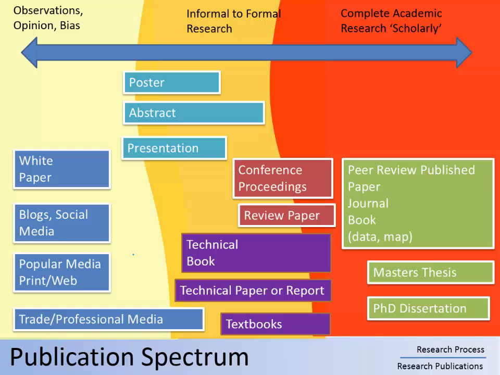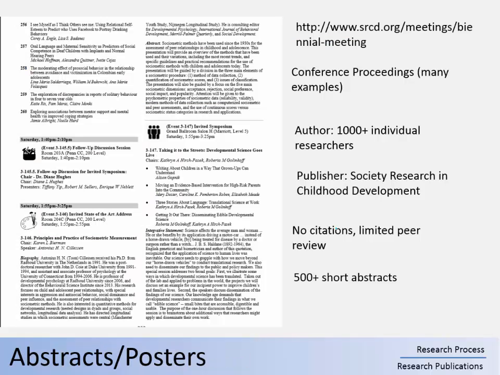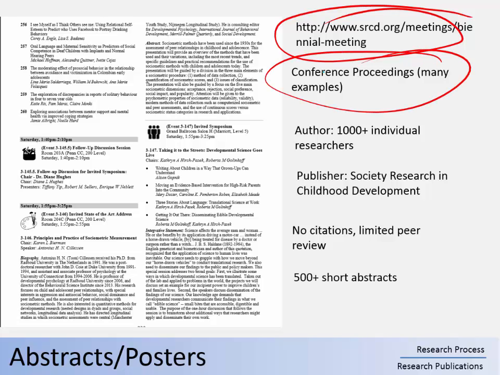Finally, you may be familiar with posters, abstracts, and presentations from high school and undergraduate research conferences and symposia. So you'll see this kind of lands in informal to formal research. They do represent research in progress, and typically in the research community, what they present in posters and abstracts and presentations will lead into what becomes a higher level scholarly research paper that has the final conclusion on the research in progress. So this example, which is pulled from a Society for Research in Childhood Development, is a conference proceedings. Most of these are going to show up in